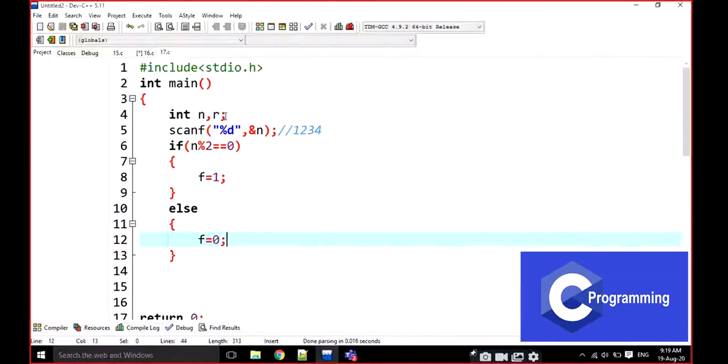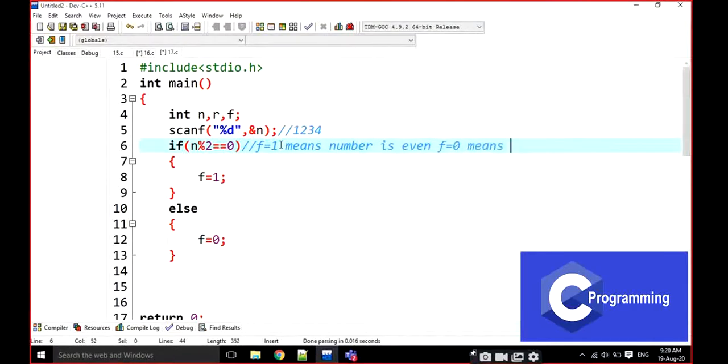I am going to declare one variable, that is f. What is the use of f? f equal to 1 means the number is even. Okay. f equal to 0 means odd. Okay, we are assuming that f is the reference here. f is the reference.